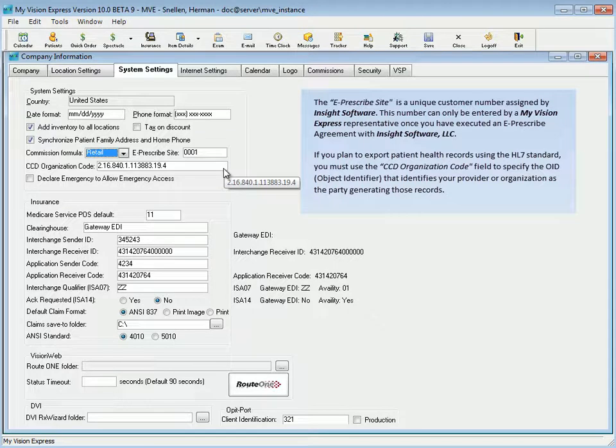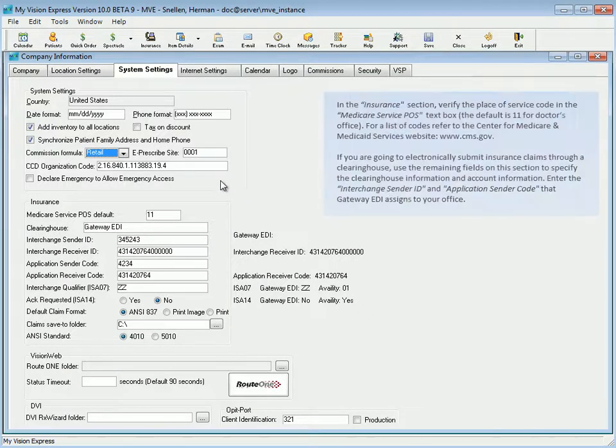In the Insurance section, verify the place of service code in the Medicare Service POS text box. The default is 11 for doctor's office. For a list of codes, refer to the Center for Medicare and Medicaid Services website, www.cms.gov. If you are going to electronically submit insurance claims through a clearinghouse, use the remaining fields on this section